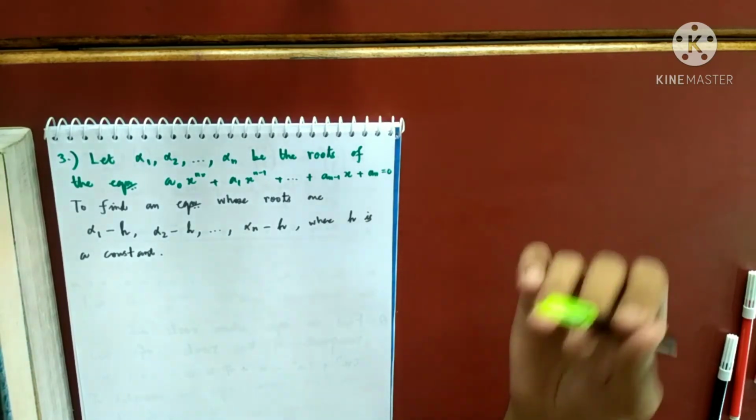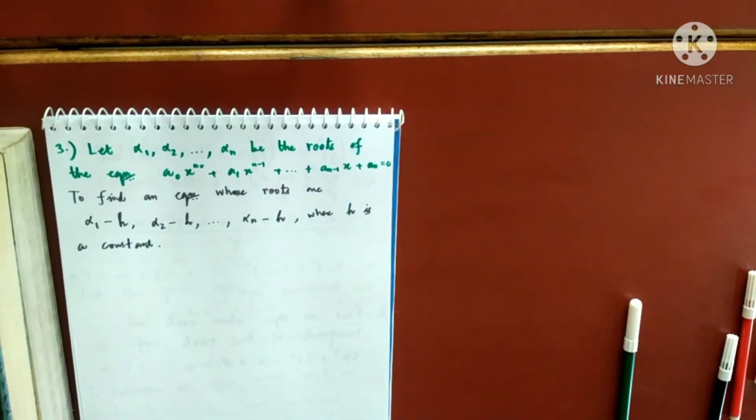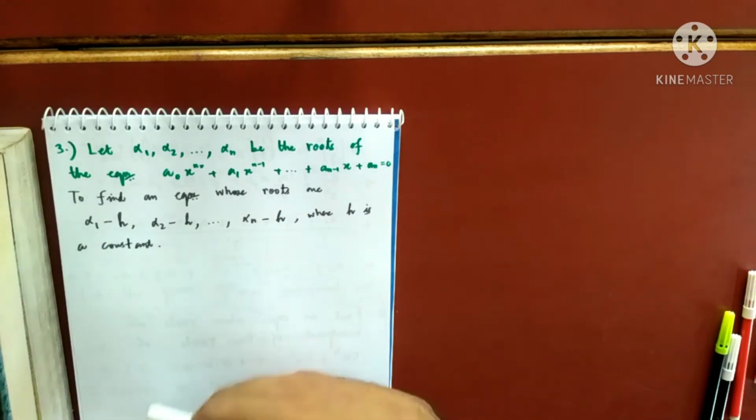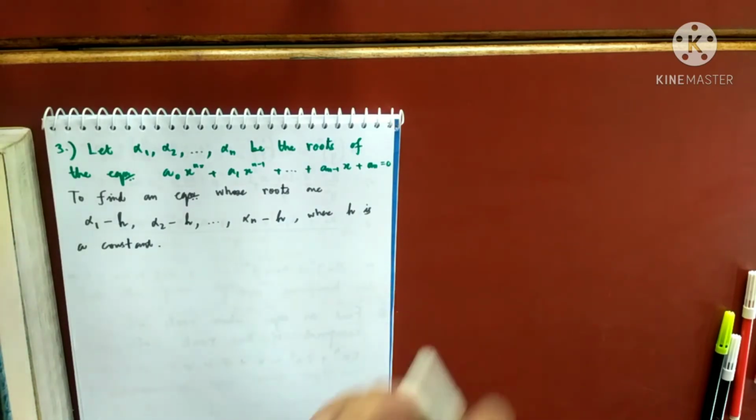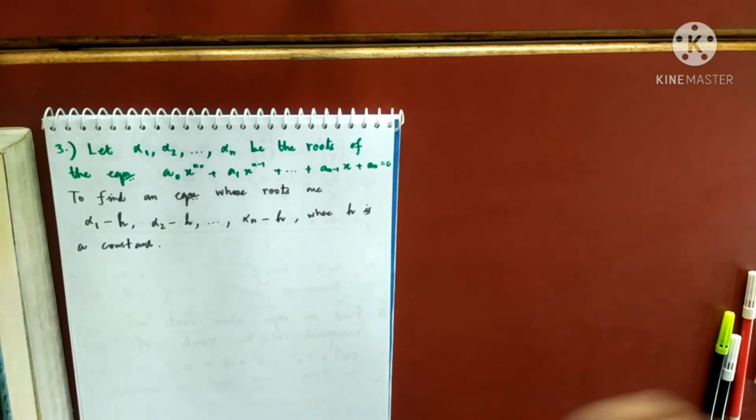So that will also cover the case when I am adding some number to the roots. So now I want to transform an equation whose roots are like, I'm adding some constant to the roots, or subtracting some constant from the roots. So I want to get this equation. Here I'll give you a rule, basically, and you don't have any formula. For multiplying the roots I gave you the formula, you multiply the coefficients by 1, then m, then m square, up to m to the power n. For reciprocating you reverse the coefficients, but here you just understand the logic.